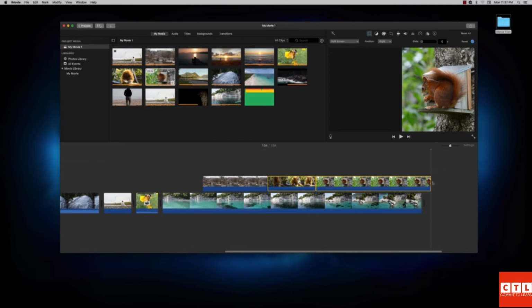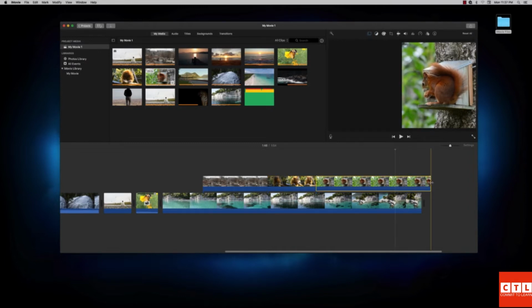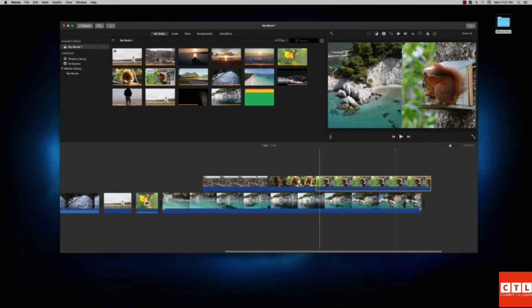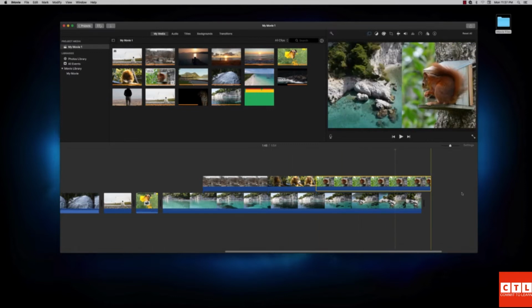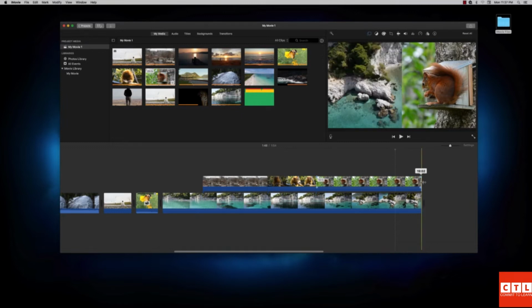Now after doing that, the last thing we want to do is decrease the length of this clip so that it aligns with the end of our clip at the bottom here. So you see this, the squirrel has exceeded, so you want to go there. You see those trim handles, and you want to drag them back. Now it snaps and they're all on the same level. All right,